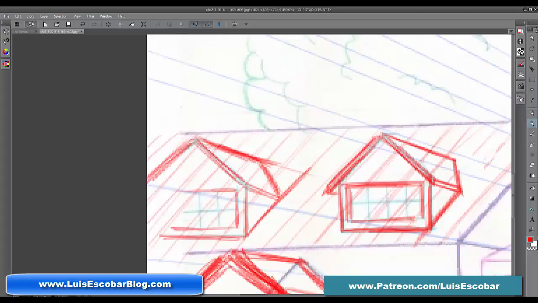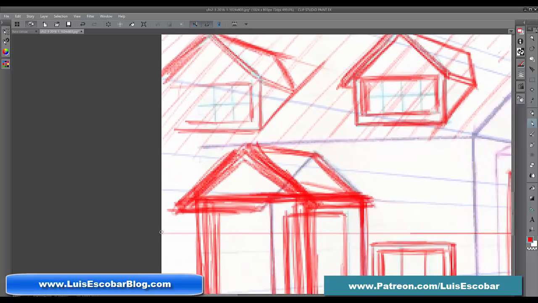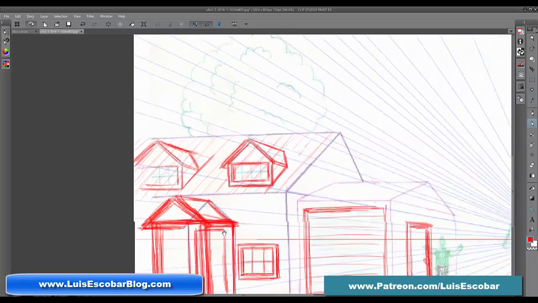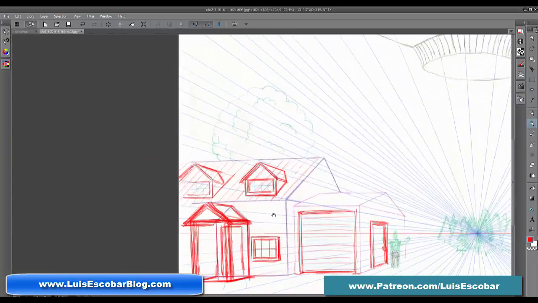And so we already have depth, and then these windows would probably have a border and some thickness, etc. Oh, and then this probably has some kind of thickness too, etc. So be mindful of your reference, be mindful of details, and